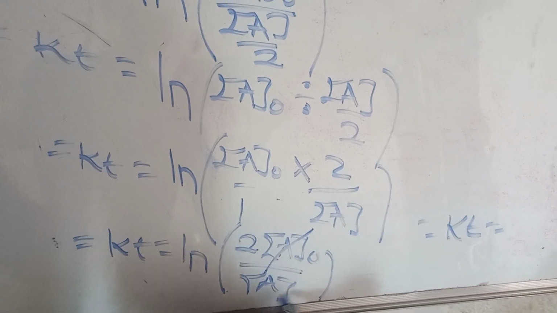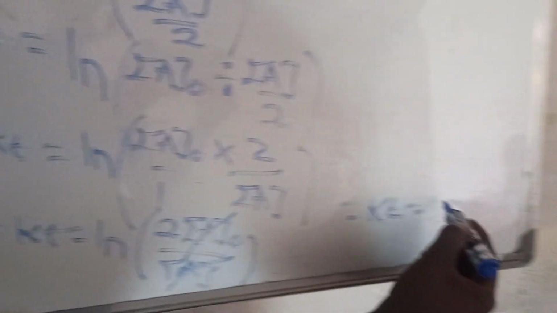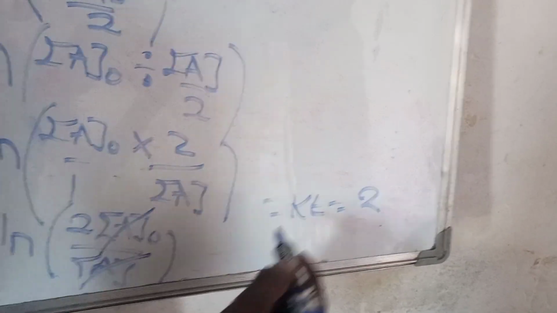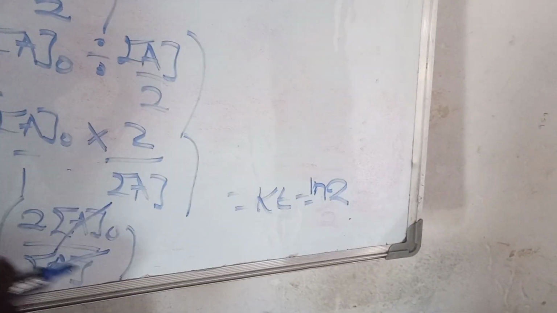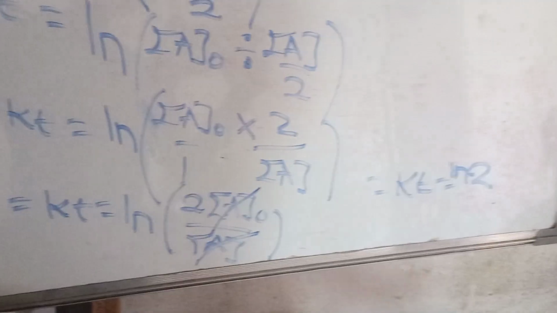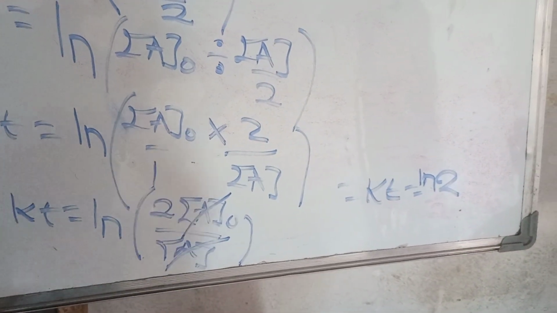So this means A goes with what? A there, then we remain with what? We remain with 2 this side. We remain with ln of what? 2 this side. This is ln, we remain with 2 ln, ln of 2 that side. Note that